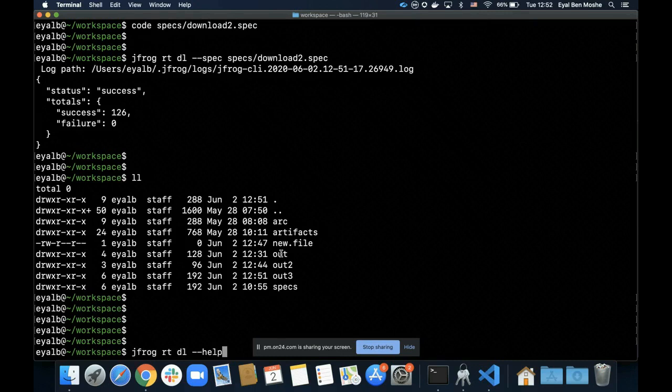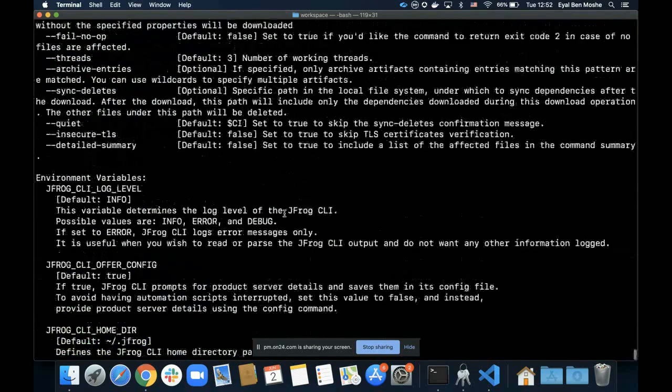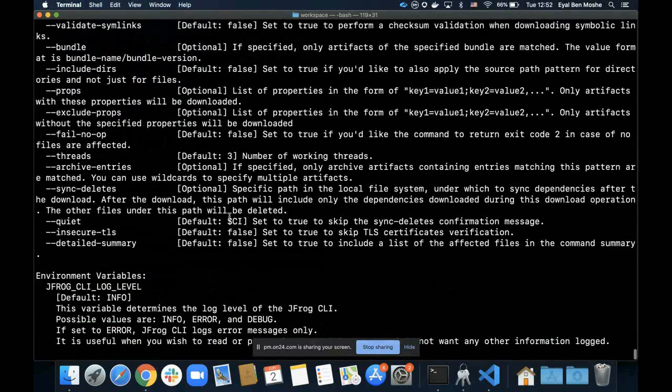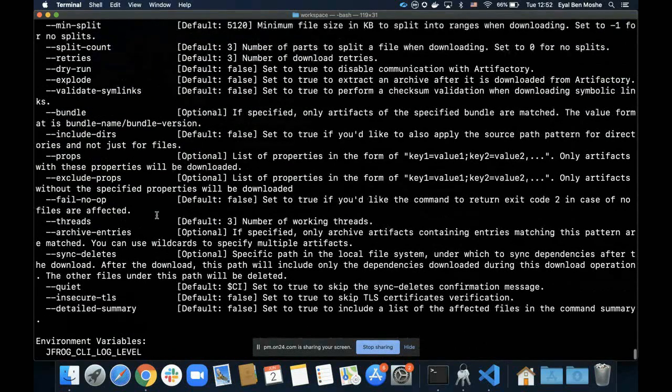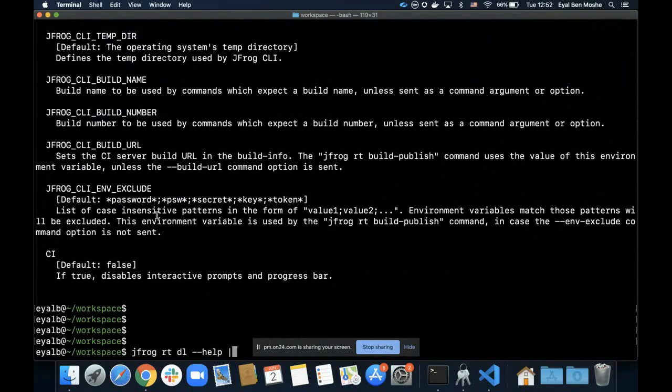If I do help. It also supports a, let's just grab a